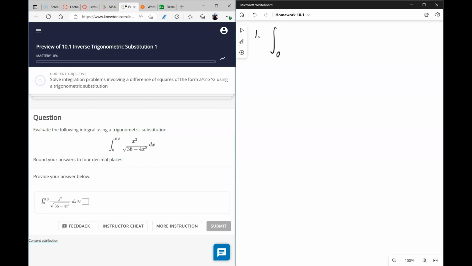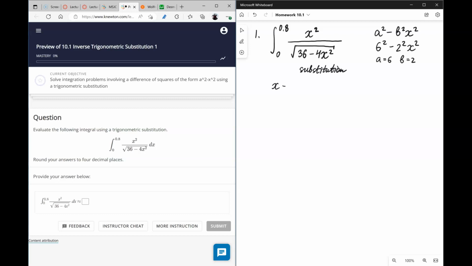We have an integral from 0 to 0.8 of x squared over the square root of 36 minus 4x squared. The pattern that we're trying to explore here is a squared minus b squared x squared. So you should be able to see that what we have is 6 squared minus 2 squared x squared. If you set a equals 6 and b equals 2, then you'll get the idea for the right substitution, which is